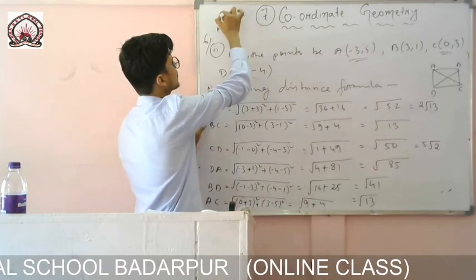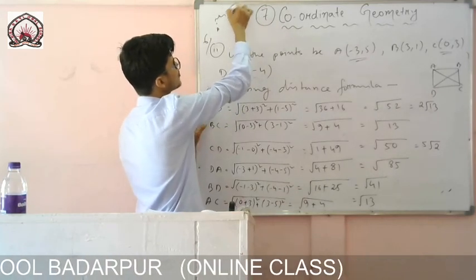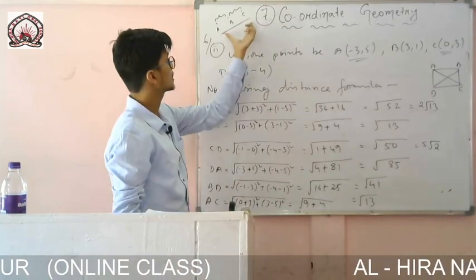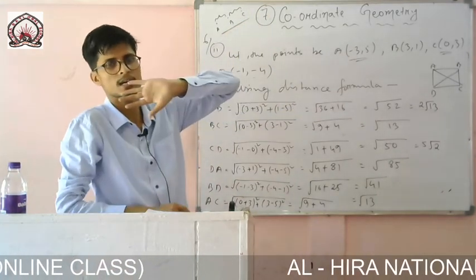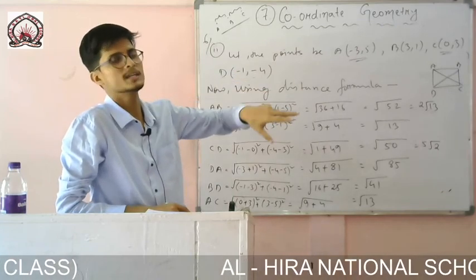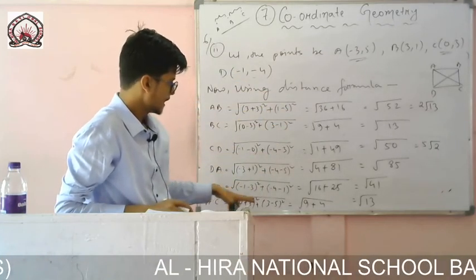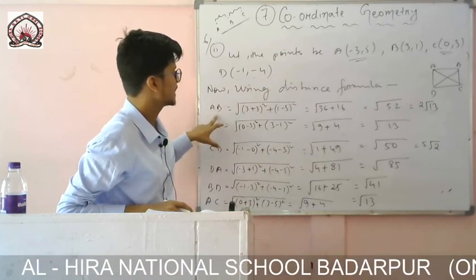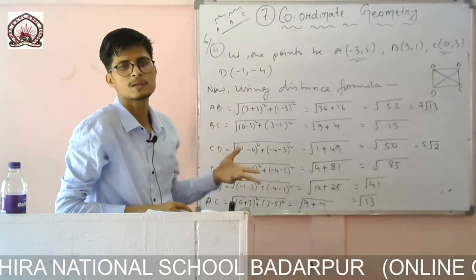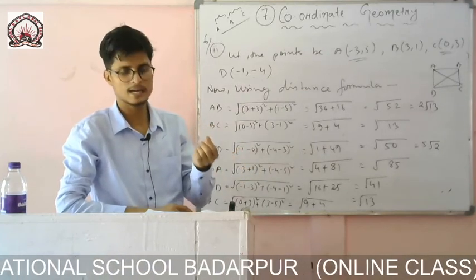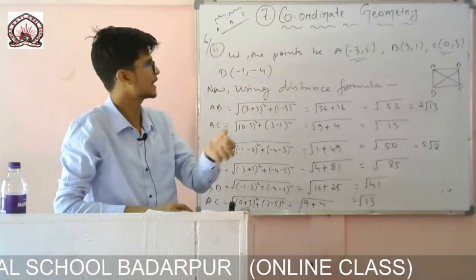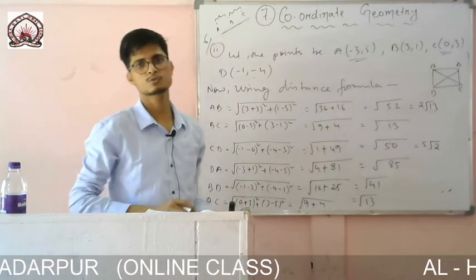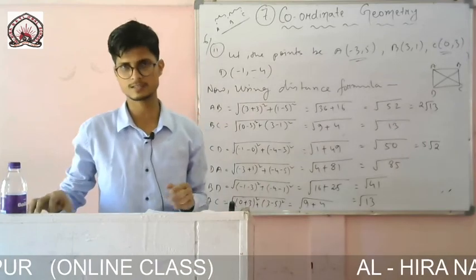So after adding these two distances, we have found that this one is not equal to the total one, that is AC. Then we have said that yes, these points are not collinear. But here, you see, if I add AC and BC, I am getting AB. That means these 3 points are collinear. I have said that if 3 points lie on the same line, then the sum of the two sides will be equal to the third side.